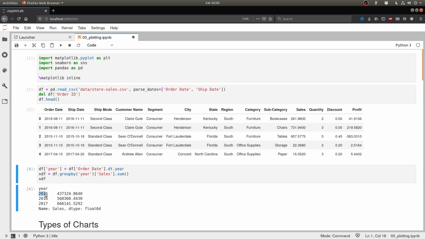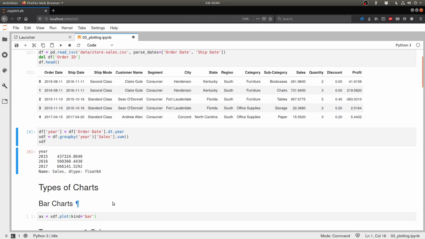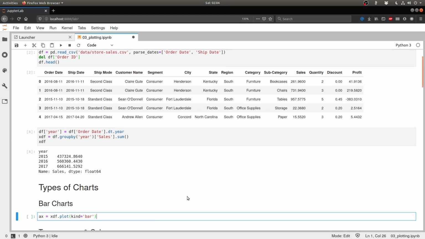So for the year 2015, this is the sum of all the sales that the store made. For 2016, it's this value, and for 2017, it's this value. We can see that it's almost completely incremental, it's increasing, right? So here are a few types of charts we can use to represent this data. First and foremost, one we have seen is a bar chart.